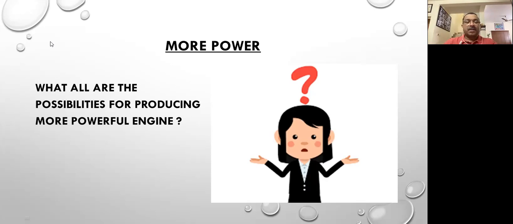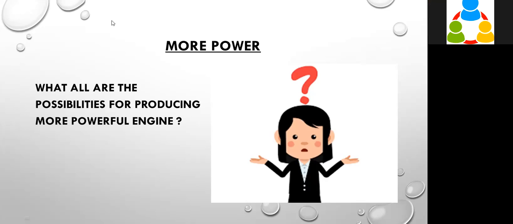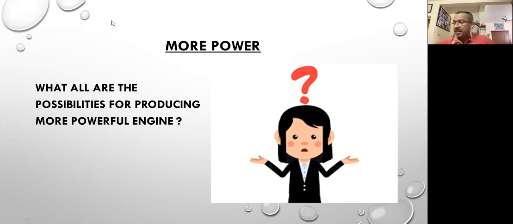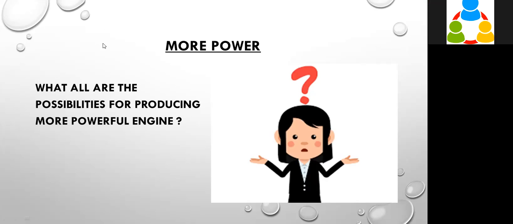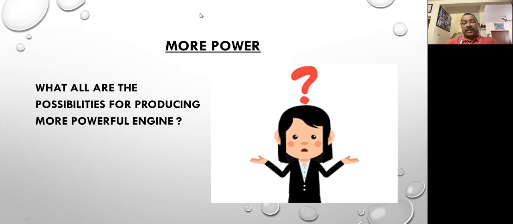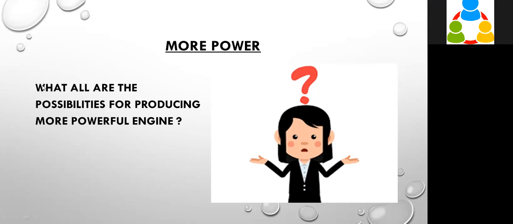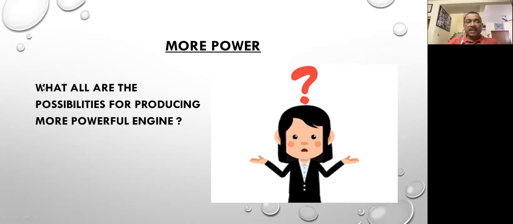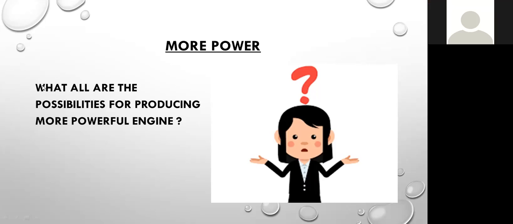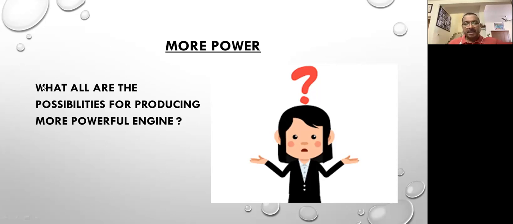The concept is called, either Anupama has given it. What was the answer? Make the air dense. Okay, correct. That was the answer. Actually, you can increase the volumetric efficiency of a cylinder with a particular volume by making the air more dense, or else, air is compressible. You know, water and liquids are not compressible, but air is compressible.